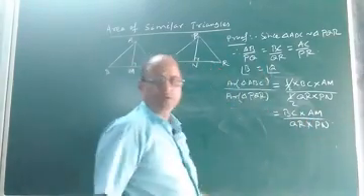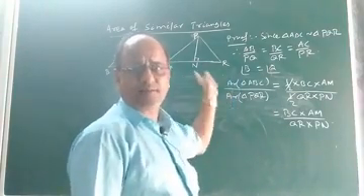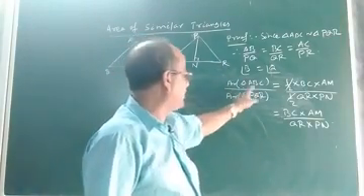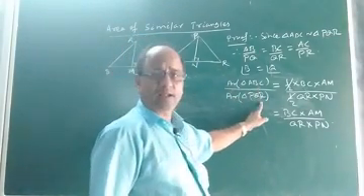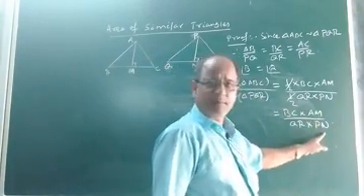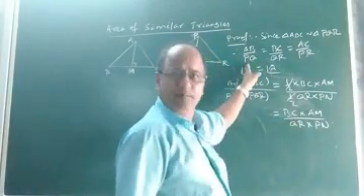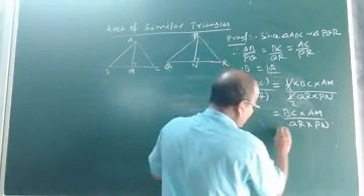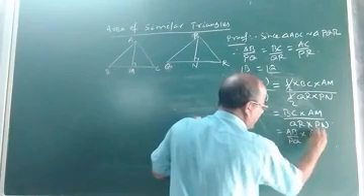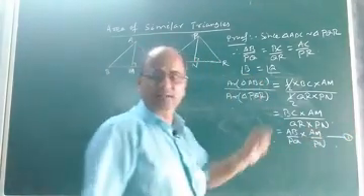So what did we get, children? By finding the areas of the two triangles ABC and PQR and taking their ratio, we got area of triangle ABC divided by area of triangle PQR equal to BC by QR into what? AM by PN. Now again, in place of BC by QR, we can write AB by PQ, because they are equal. So let us write AB by PQ into AM by PN. Let this be equation 1.